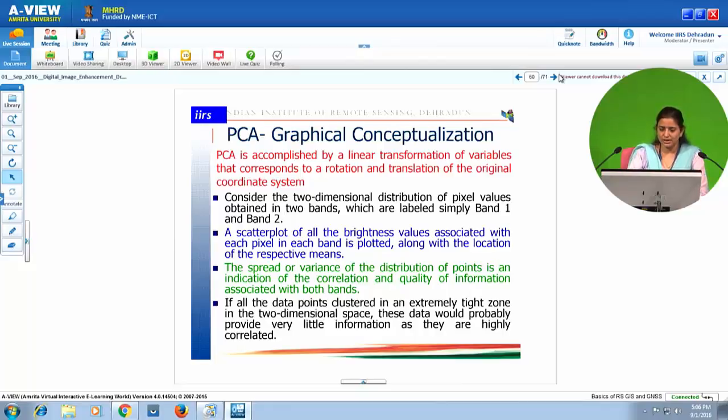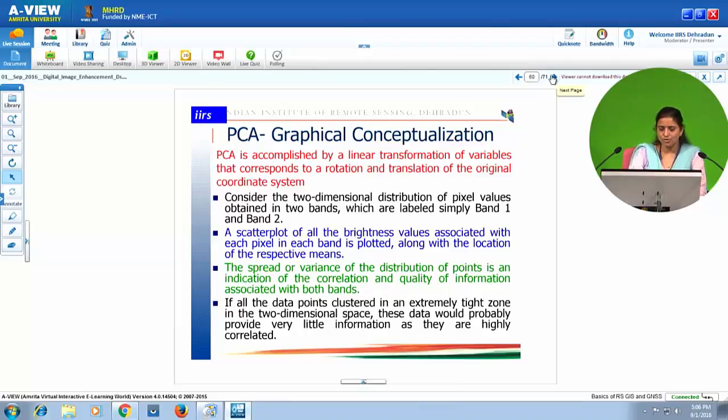How is PCA graphically conceptualized? PCA is accomplished by a linear transformation of variables that corresponds to a rotation and translation of the original coordinate system. Consider the two-dimensional distribution of pixel values obtained in two bands, which are labeled simply as band 1 and band 2.